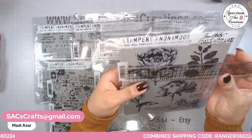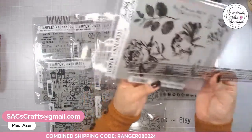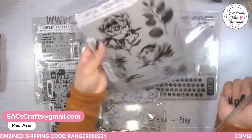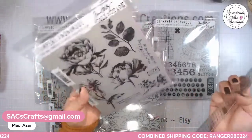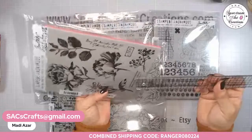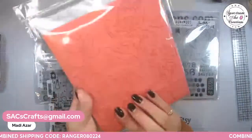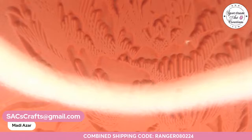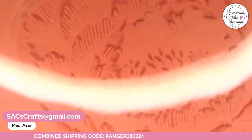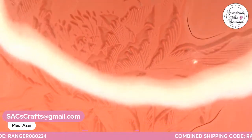And again, gorgeous stamps. This one is 3 3/4 by 4 inches. Okay. And then probably the smallest one is going to be this one here. And that one's going to be 3 inches by about 2 inches wide. And again, the details here, let me see if I can flip it over and show you like the little tiny, see those tiny little grooves? That's what makes these stamps so special. All those tiny, tiny hair like